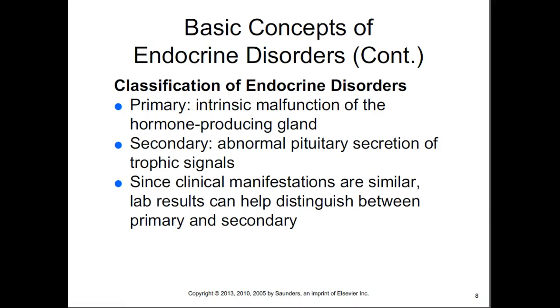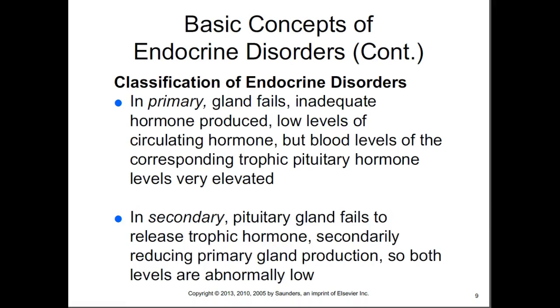So since the clinical manifestations are similar, lab results can help us distinguish whether it is primary, some malfunction, or secondary, by trophic signals being abnormal. In primary, the gland fails. So you have inadequate hormone produced, low levels of circulating hormone, but blood levels of the corresponding trophic pituitary hormones